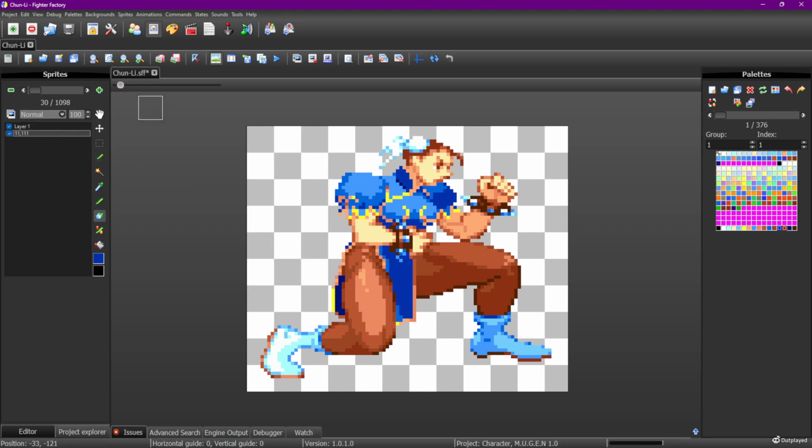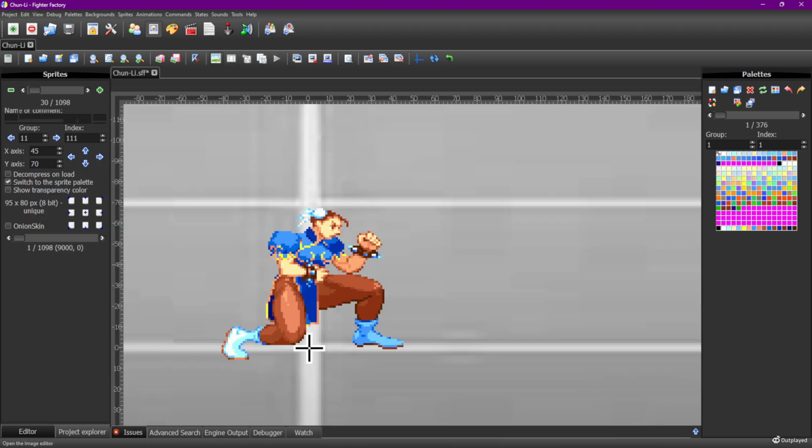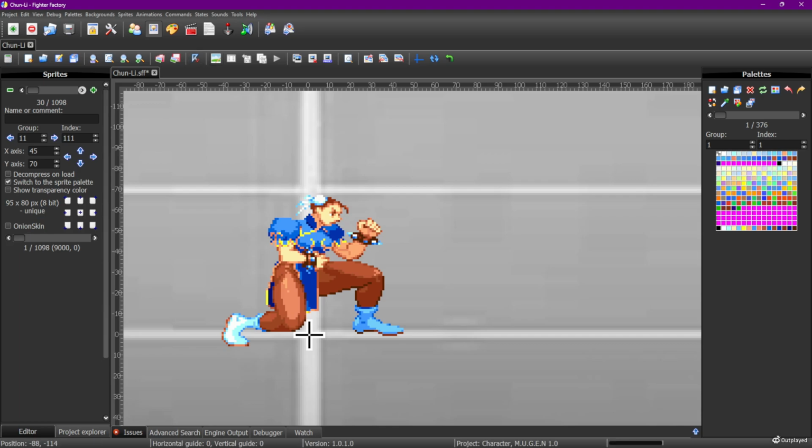I'm pretty sure that's on the first layer though. We'll just jump in here like this. Okay, that's the original. This is the new one. Looks fine to me. Yeah, I think that looks fine. All right, we'll save it, close it. See what it looks like. Yeah, that's all I wanted.